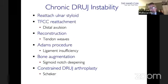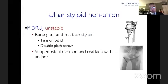And there's lots of ways of treating the chronically unstable DRUJ. And I'll just help you now and show you these. So we talked just now about the ulnar styloid. When the ulnar styloid is broken acutely, we usually don't fix them because most of them don't need it. But if you find someone has an unstable ulnar head, then